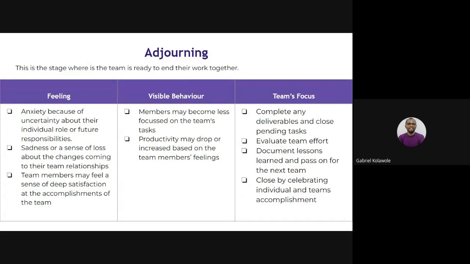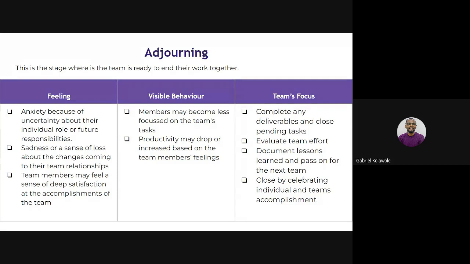The last phase, adjourning. Now, when we have delivered, fantastic, we are right on point, and the project is wrapping up. This adjourning stage is the stage where the team is ready to end their work together. So at this stage, as a Scrum Master, you also need to manage it, because else things will fall out. If it has not ended, it has not ended. You have two sprints to go, or your final sprint. Your final sprint can scatter your work. In fact, it can destroy everything. It can take you back to where you are coming from. So the adjourning stage is also very important to manage as a Scrum Master.